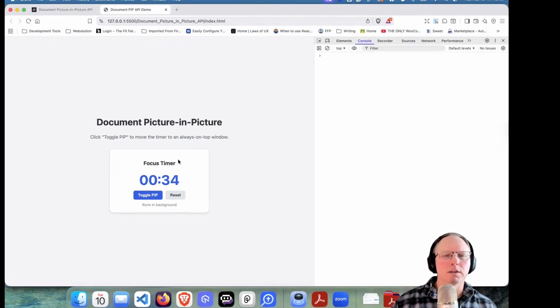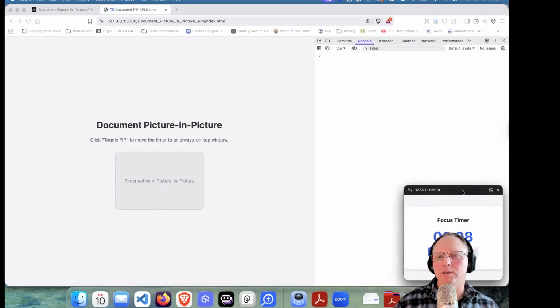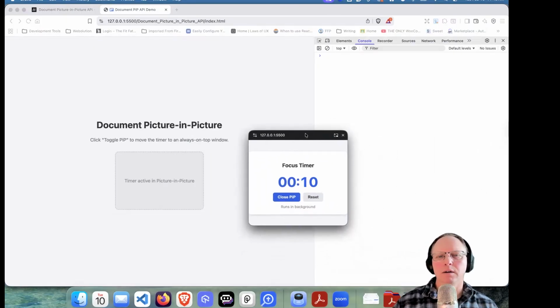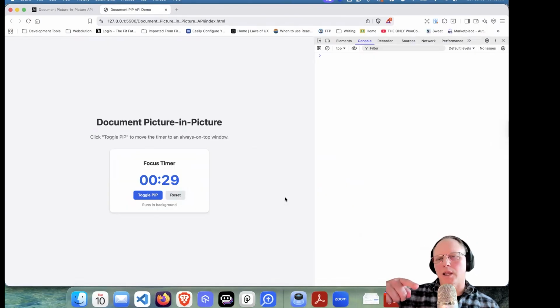So all I have here is this timer, and I can reset the timer back to 0. You'll see that's pretty basic functionality. And I've set this up in a toggle. So when I click toggle PIP, you can see it pops out here in its own window, and I could still browse around. I've got some placeholder text here where it says timer active in picture-in-picture. You'll see why I do that from a CSS layout standpoint, but you could do some stuff while you're doing it. And then when you're done, I can just close it and it pops right back